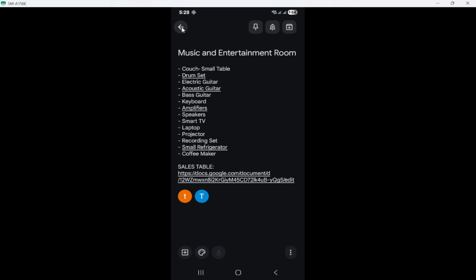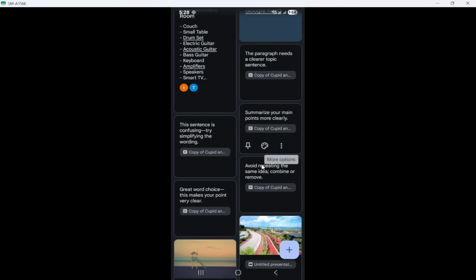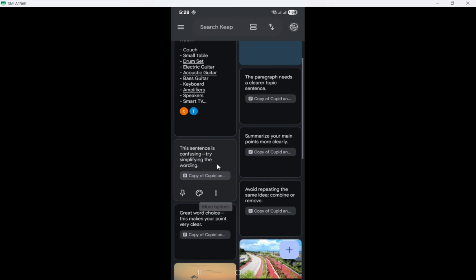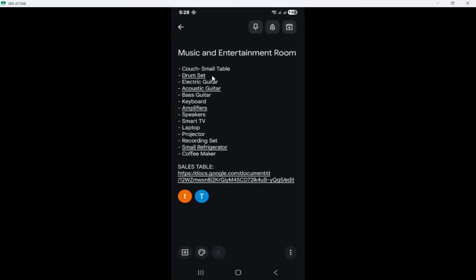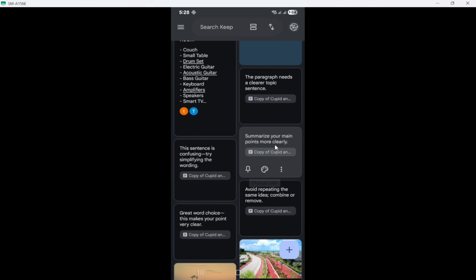Once you're inside Google Keep, you can create notes and checklists to capture ideas and to-dos quickly. Checklists are great for groceries, packing, or step-by-step tasks because you can tick items off as you go. You can also record voice notes when you're on the move. Keep saves the audio and can transcribe it so you can scan it later.